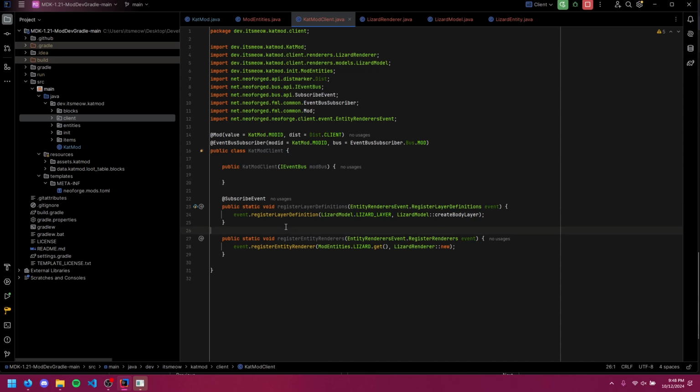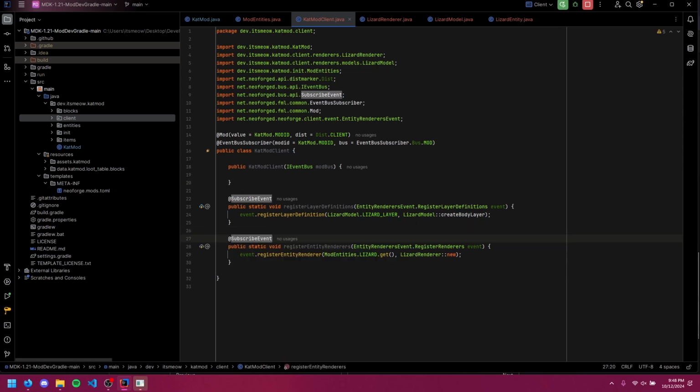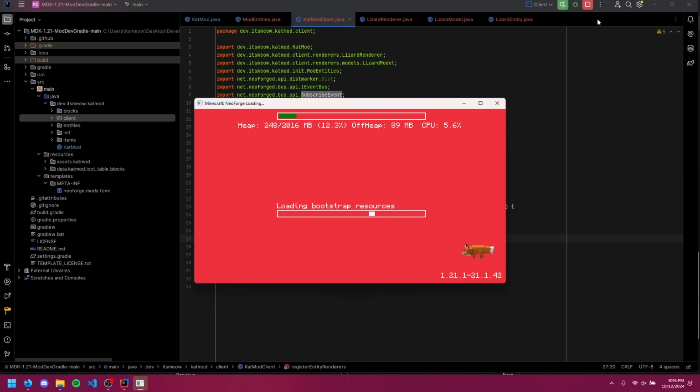Oh, that's why. I forgot to put subscribe event. That's actually what happened, I think. So I didn't need the mod annotation. I think it was still loading, but